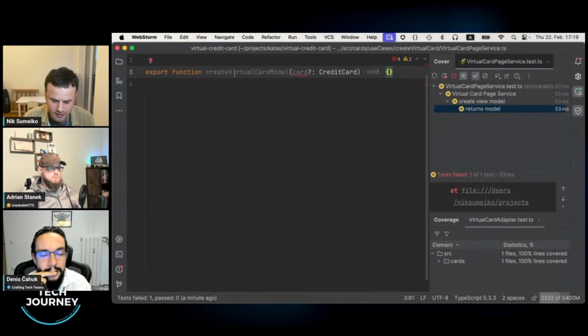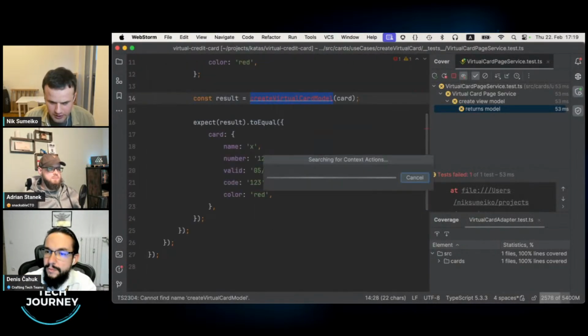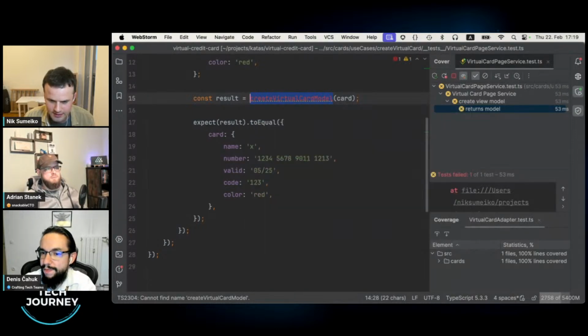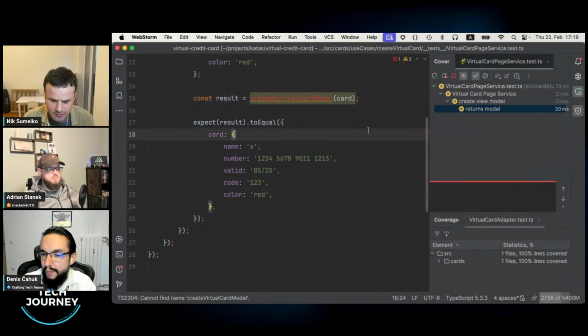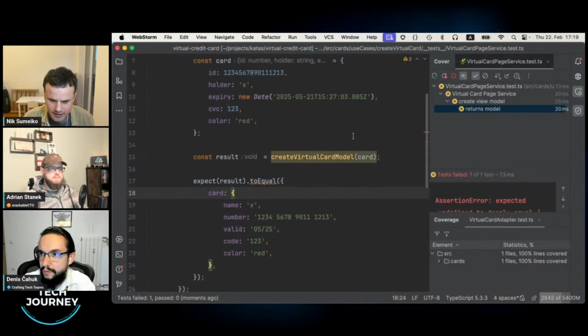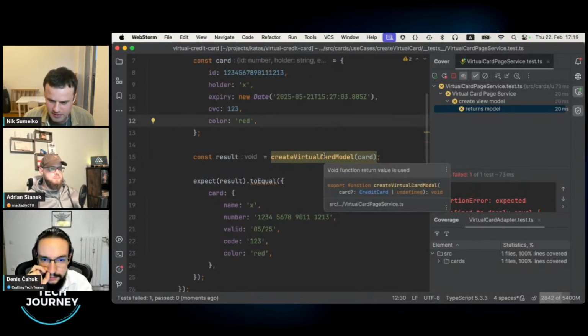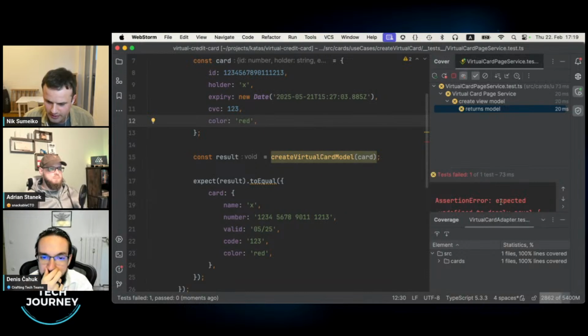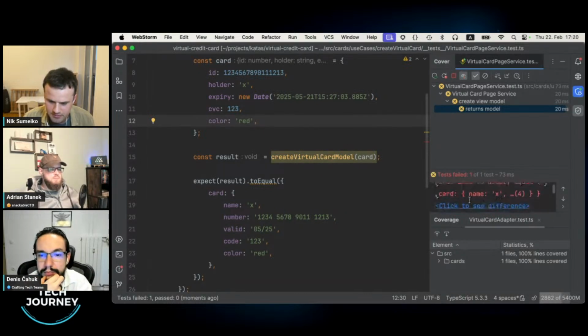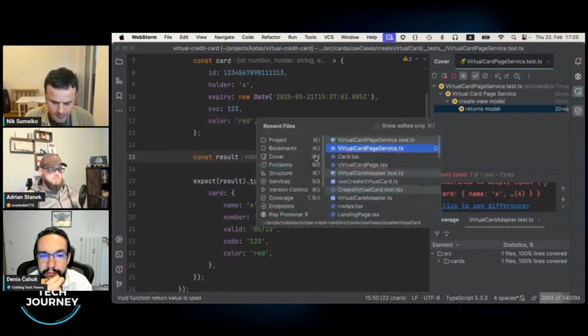Okay, so the method is in place. We import it. Our test will finally compile at least, but still will fail, I guess. Yeah, it claims it doesn't return anything, and here we go. Some issue is there because we don't return anything. So let's work on the implementation.